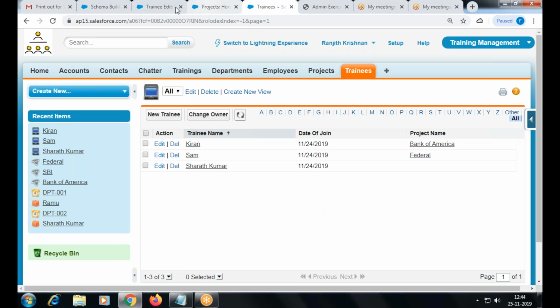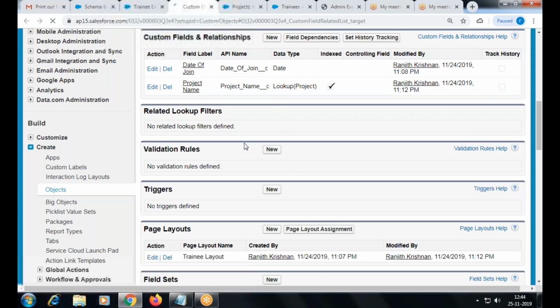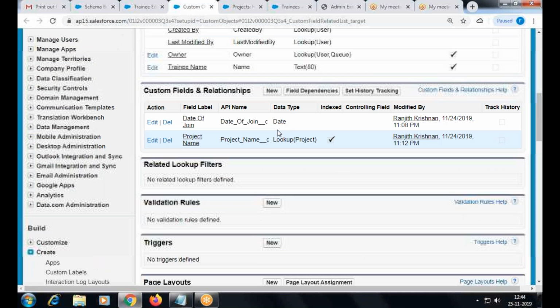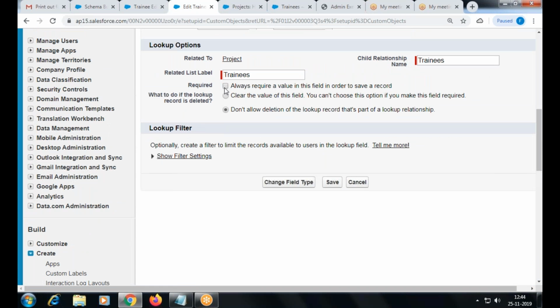Okay. Now we have seen some options in the relationship field, right? Record option, you know it. Record option is to make the field required or not. There is an option called what to do if a lookup record is deleted. It means what to do if the parent record is deleted.